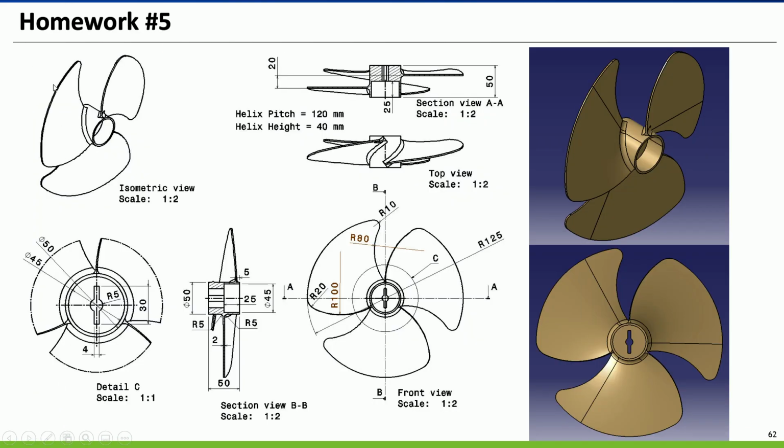And you have the homework, of course. Homework 5. Make the same fan but with a different dimension. And this one I think is similar, length 50. The length is the same, 50, and the helix and pitch remain the same. I make it the same, 20, 120, and 40 millimeter height. And this keyhole is slightly different, and the shape of this blade is also slightly different, with radius 10